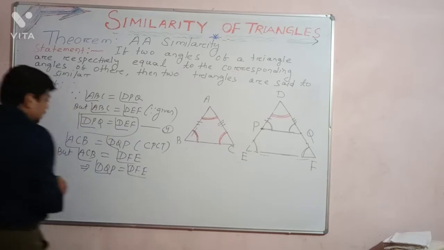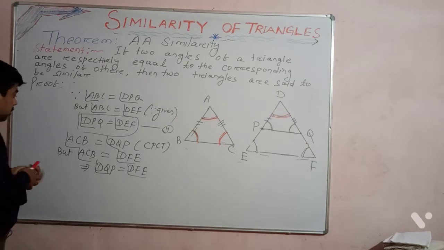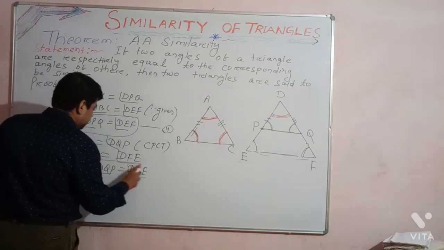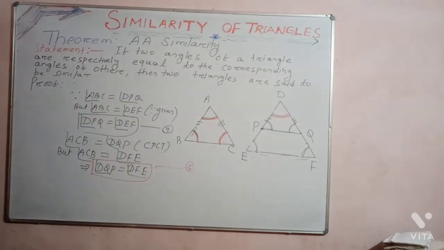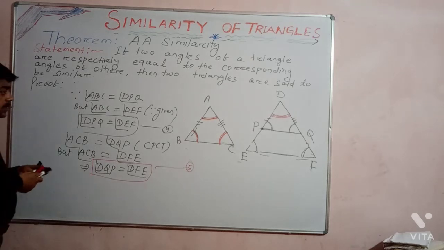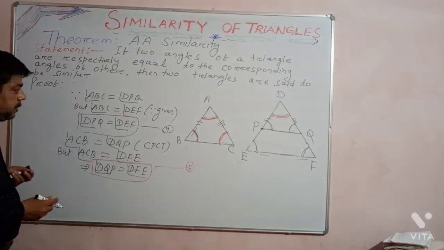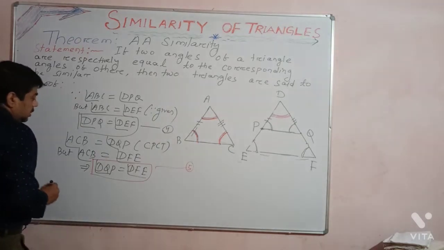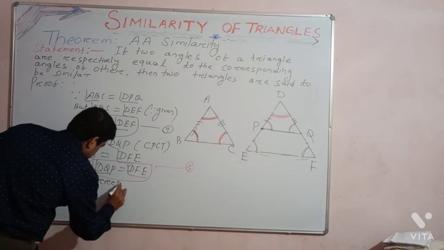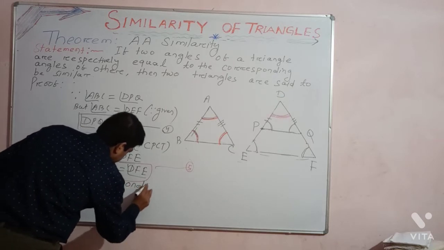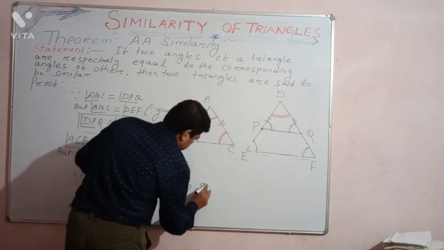From point 4 and point 5, it is clear that angle DPQ and angle DEF are corresponding angles. Since corresponding angles are equal,